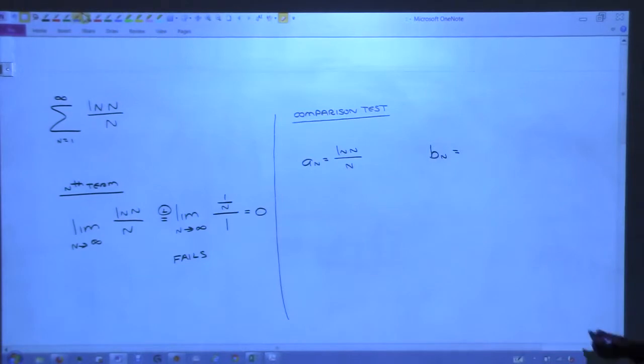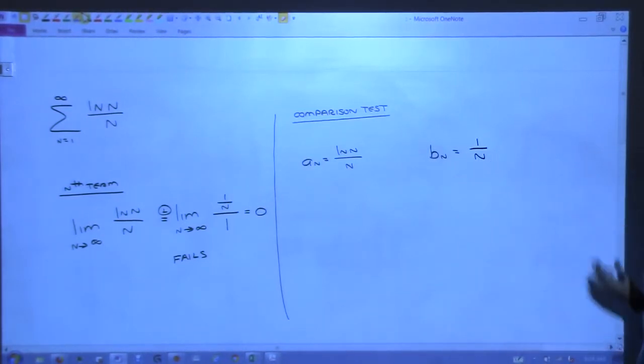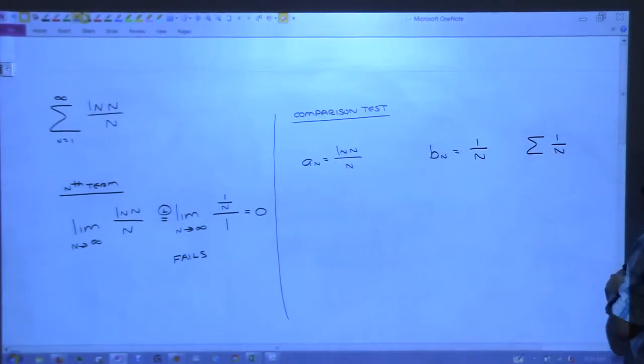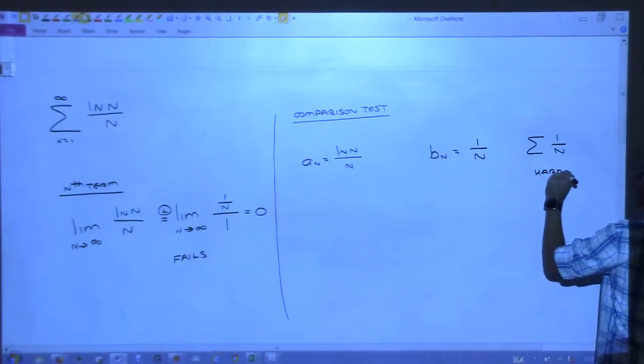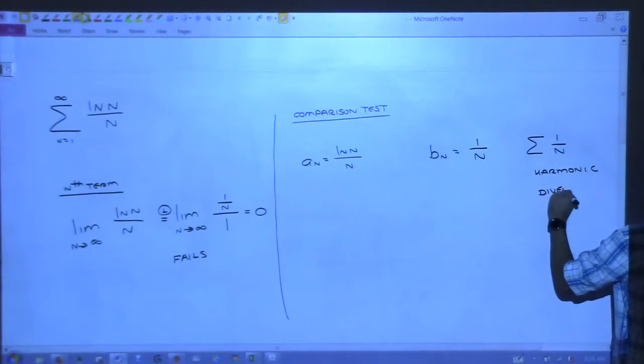Okay, but you said 1 over n, right? I mean, that's taking a shot at it, right? So if we look at this as a series, what type of series is that? Harmonic. So you're going to compare it to something that's harmonic. Now, I'm not telling you this is going to work. You suggested 1 over n, I'm going through it, okay? So harmonic, and it diverges. Okay, since this diverges,